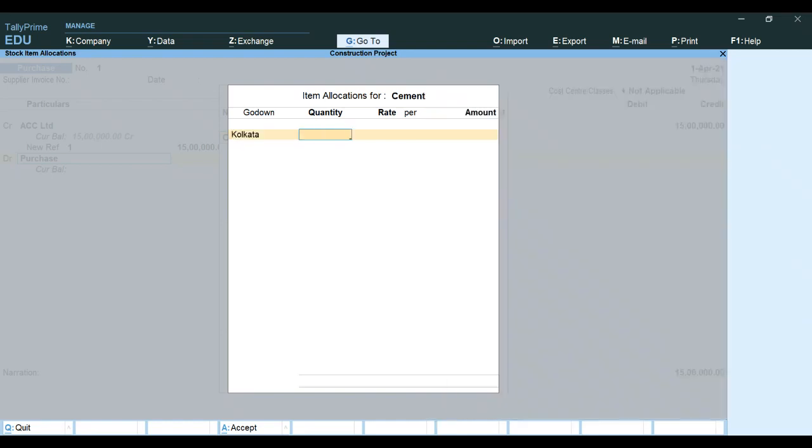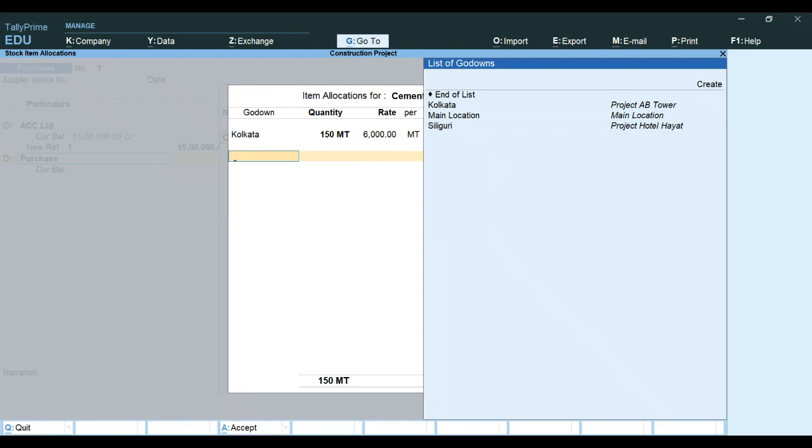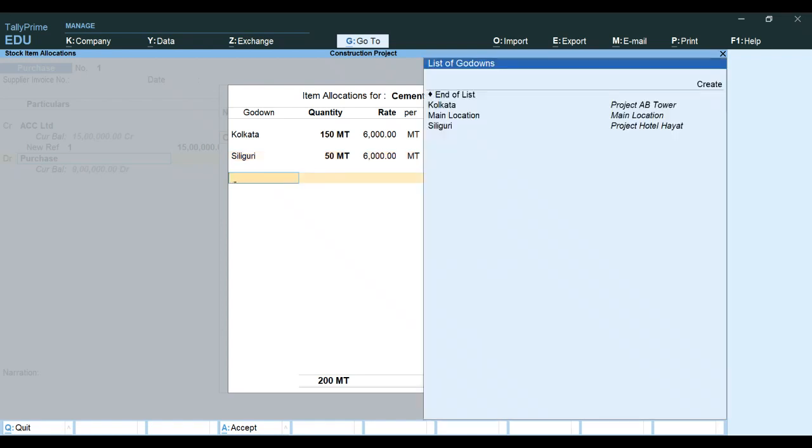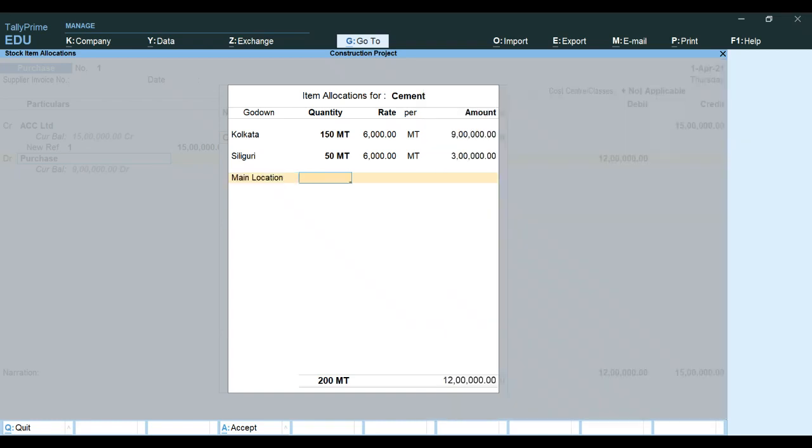Quantity is 150 metric ton, and the rate is provided as 6000 per metric ton. So indicate 9 lakhs. Number 1. Again, press space bar, select Siliguri, that is for project Hayat, and at this site ACC Limited delivered 50 metric ton at the same rate. And last is the main location. At the main location, the remaining 50